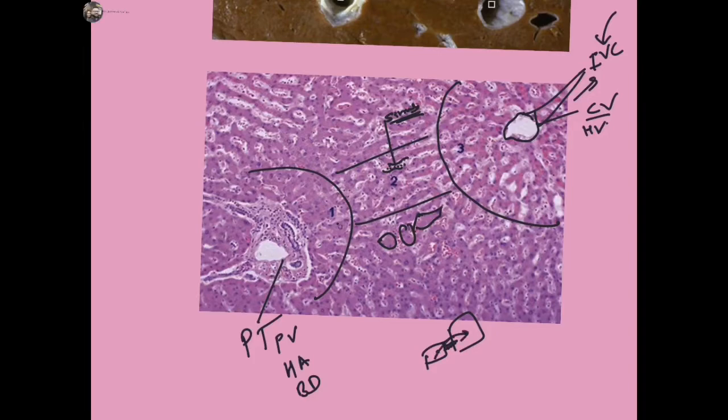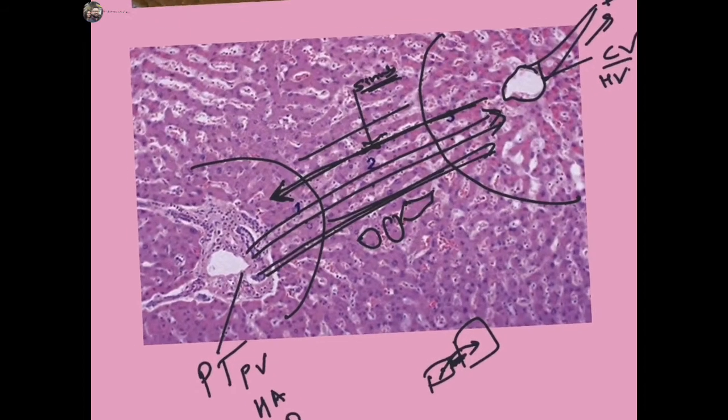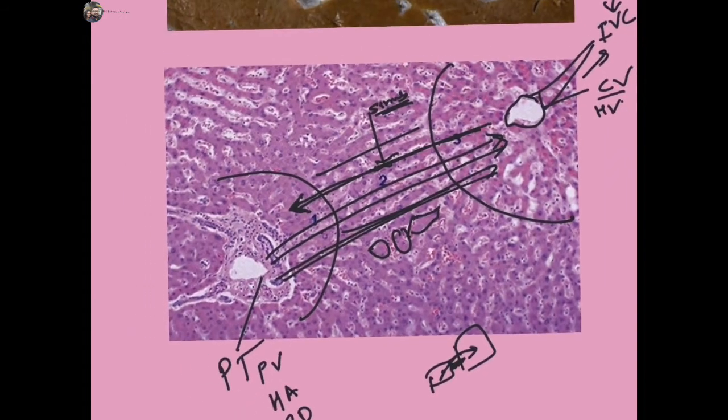Here please remember the flow of the blood supply and other things. From the portal triad the vein supplies blood to the hepatic vein. From the artery also, blood supply goes towards the hepatic vein, and the bile goes from the central vein or hepatic vein, the terminal hepatic vein, to the portal triad. So these are the blood supplies of the hepatic artery, vein and the bile duct, which are very important.